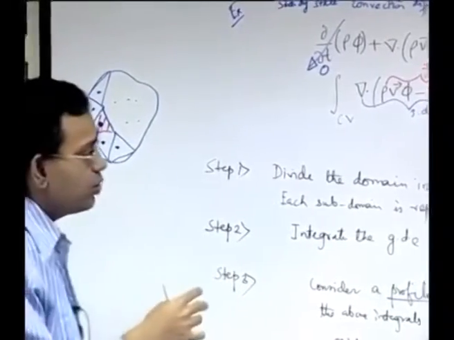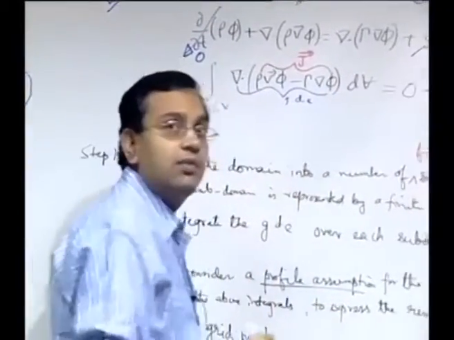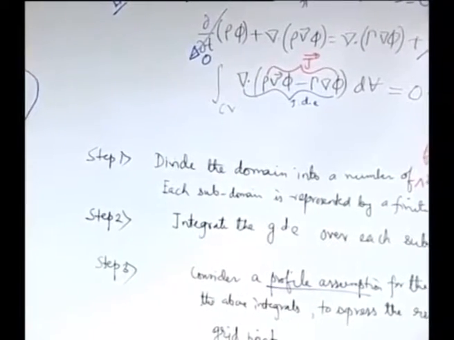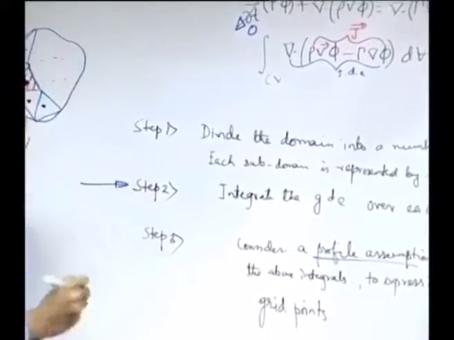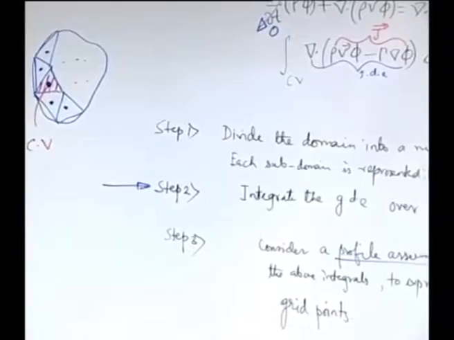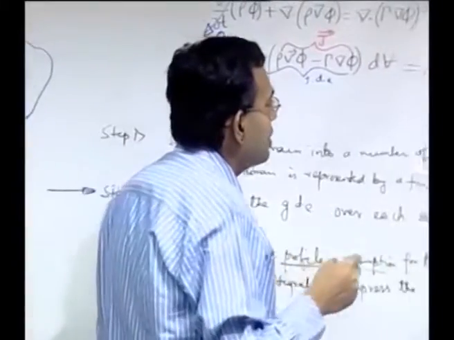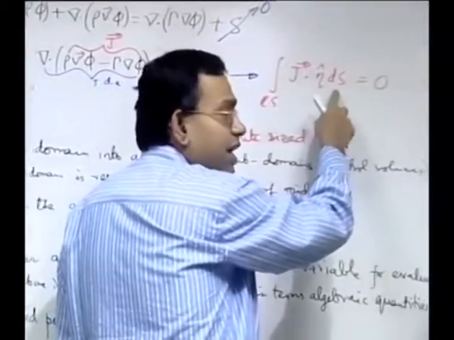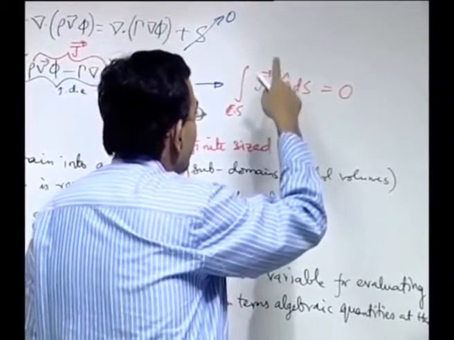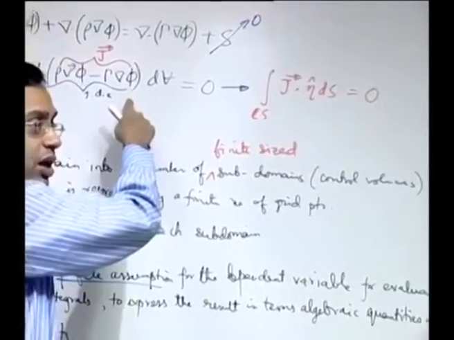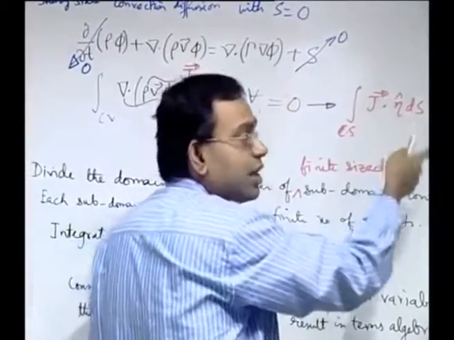Now before going into a more concrete example where we show how we really do it, there are certain important observations that we can note. The key step in the finite volume method is really step 2, where you integrate the governing differential equation over each subdomain. Now a question may arise. This was the overall balance of the quantity through advection and diffusion from which we derived the differential equation, if you recall the derivation of the general transport equation. Now it is as if we are going back to the same route.